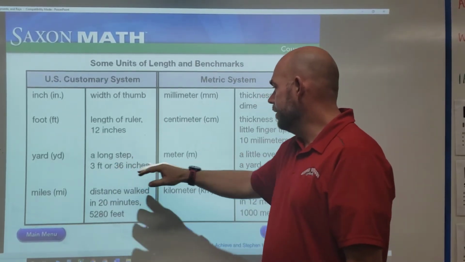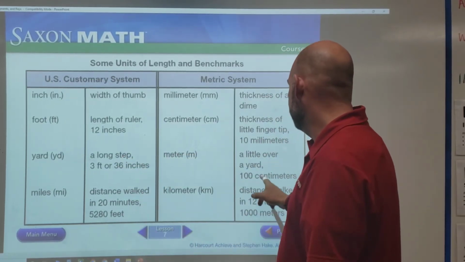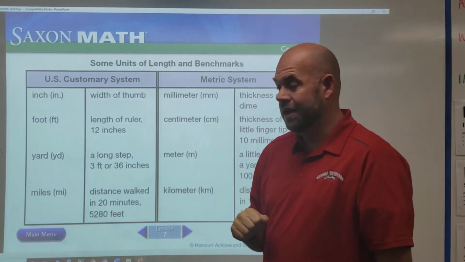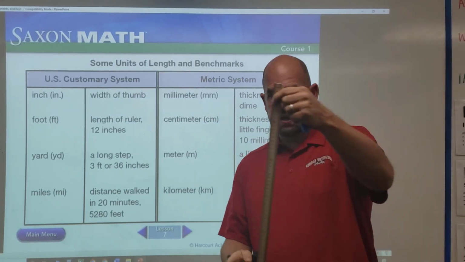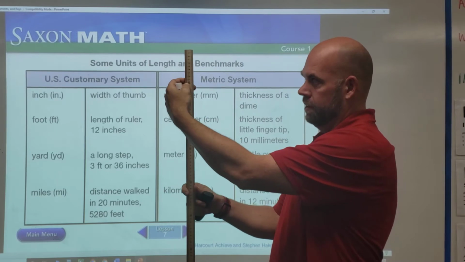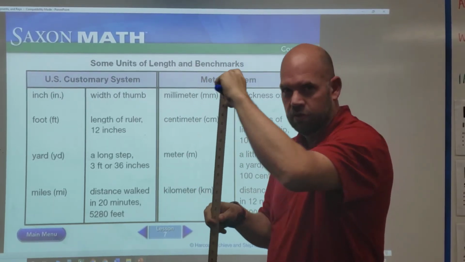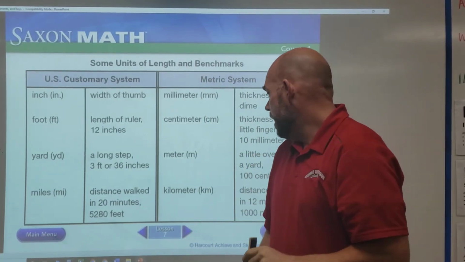A yard and a meter is about the same length. A yard is 36 inches, and a meter is just a little bit more than that. It's like 39 inches. So, in fact, I have a yardstick here. You'll see this is 36 inches goes to here, but this is a full meter stick, and so this is how much longer a meter is than a yard. All right, and then miles,